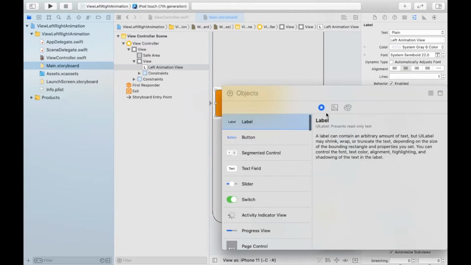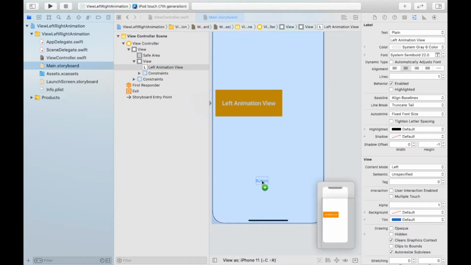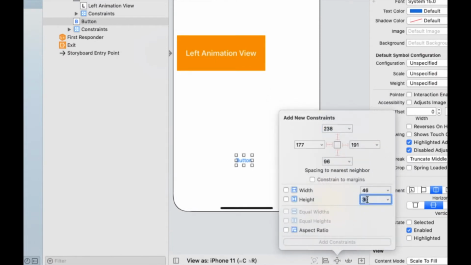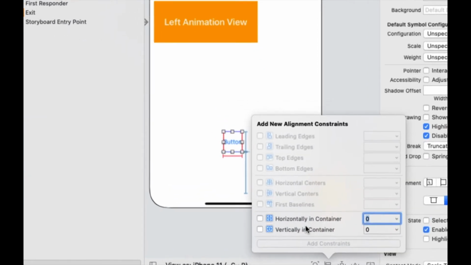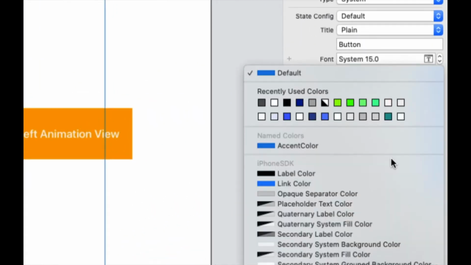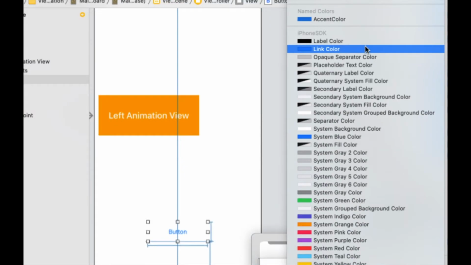Now add the left and right buttons and set the IBAction outlets. After pressing a button, we will animate the UIView, so the left and right views come in on the left and on the right side.